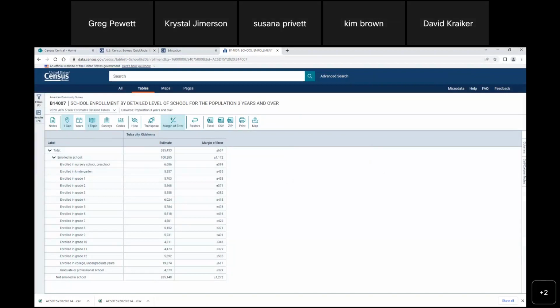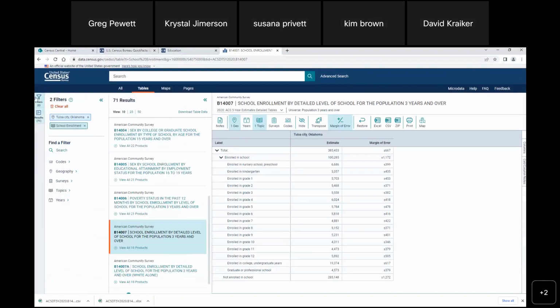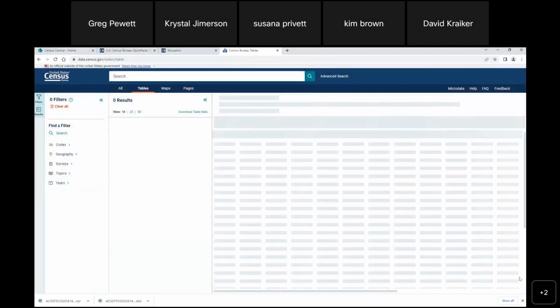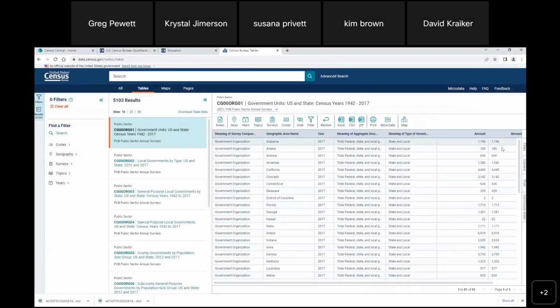So now let's go back and look at another table. So I'm going to clear all. And so I'm actually wanting to look at educational attainment. And so I'm going to go to my